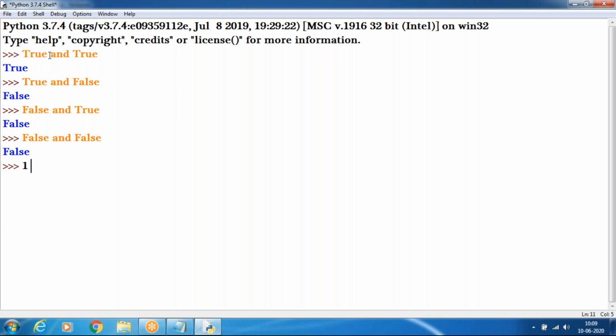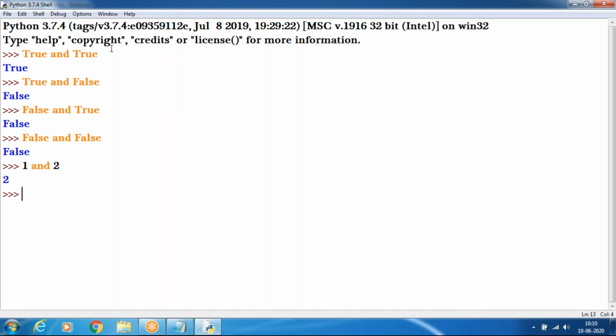You will see in the case of 1 and 1, the result will be true. In C, any non-zero value is true. That's why its value will be true.